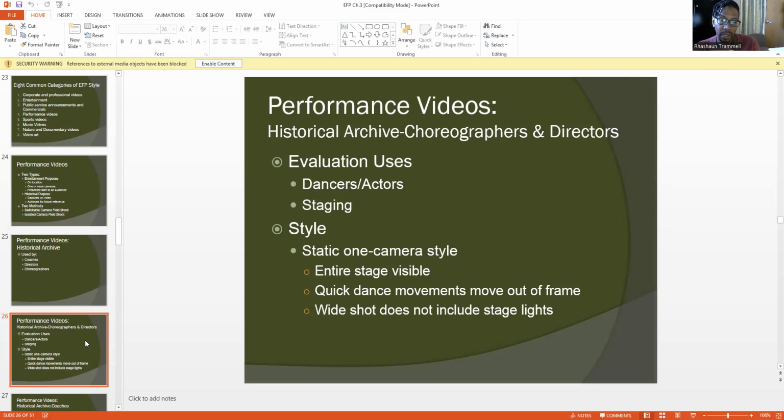Also, the wide shot doesn't include a lot of stage lights, because it messes up how well you can see when you have a light shining in your face, for the camera and for us as well. So for the stuff on the stage, it's usually just a wide shot.